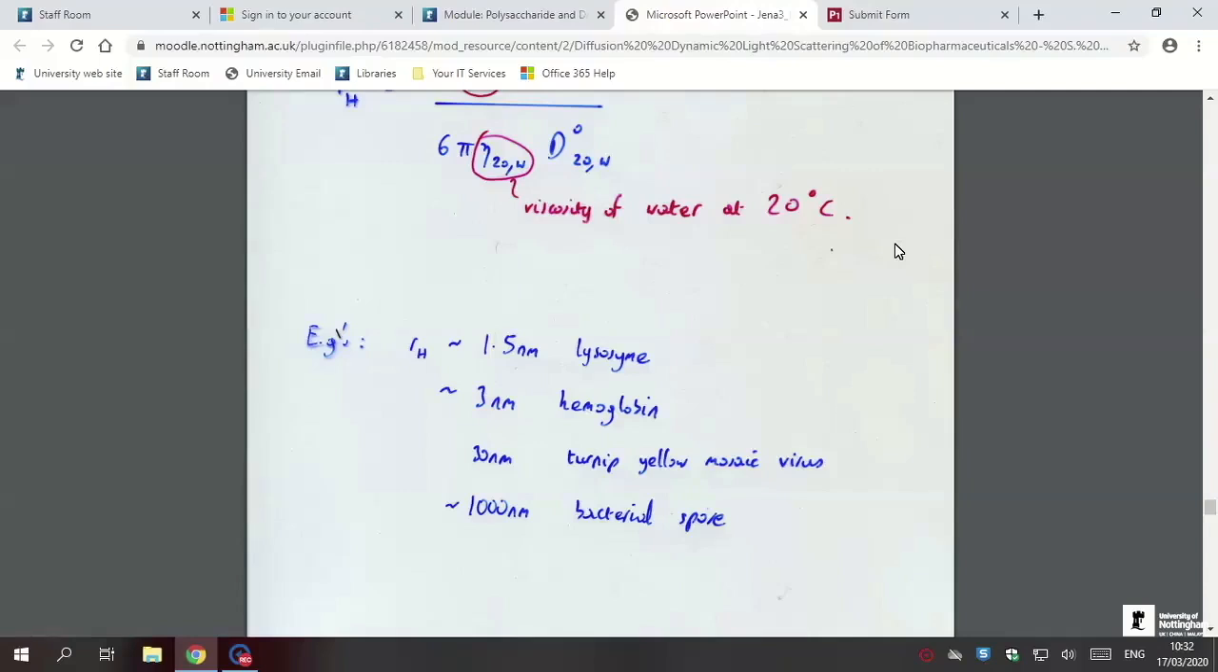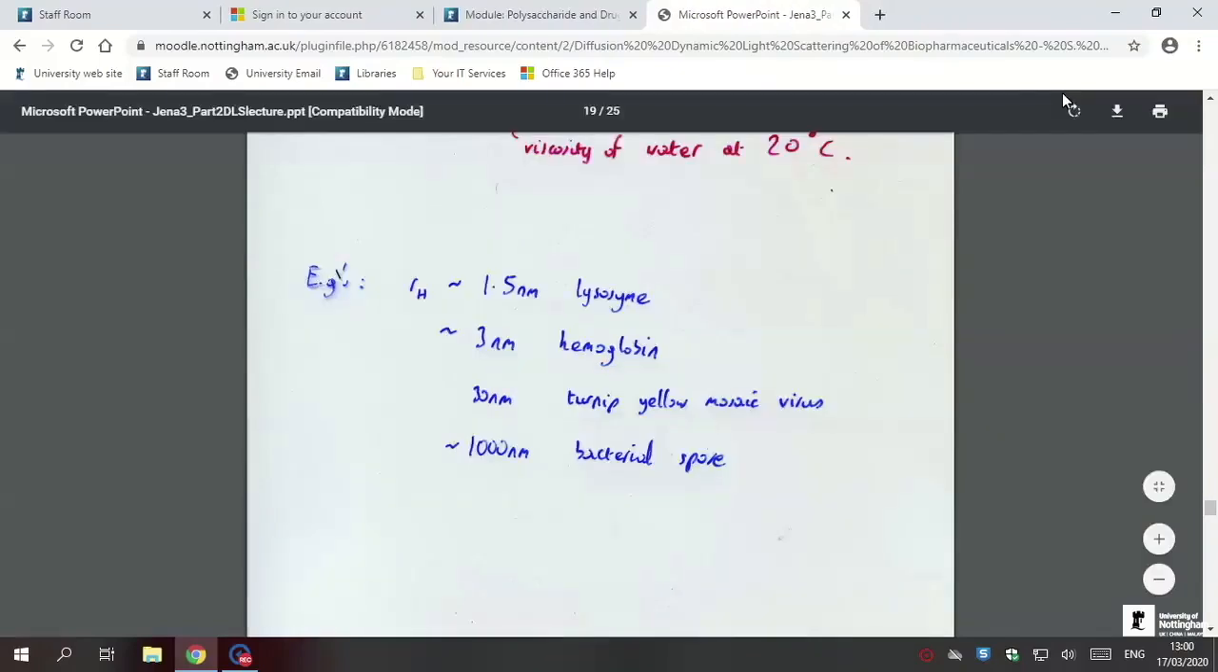And albumin, of course, is my favourite molecule. But the method of sizing works particularly well for larger particles, including viruses such as this plant virus, turnip yellow mosaic virus, and it would of course work for